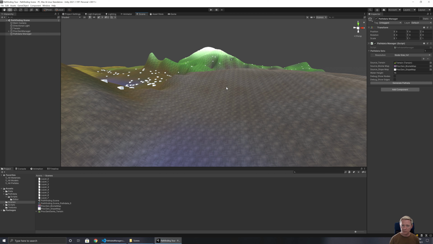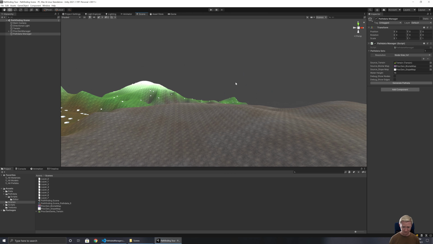We've made sure that things are lining up perfectly with the terrain, which is really important. That is something that is so easy to get wrong, and is one advantage of having very variable terrain and terrain that is not symmetrical. That's one of the big things I would suggest when you are setting up your path data. Please do not have a symmetrical environment, because you will not easily be able to tell if you've got stuff wrong registration-wise. So we've got it being generated, we've got things being classified as walkable, unwalkable, water, boundary,